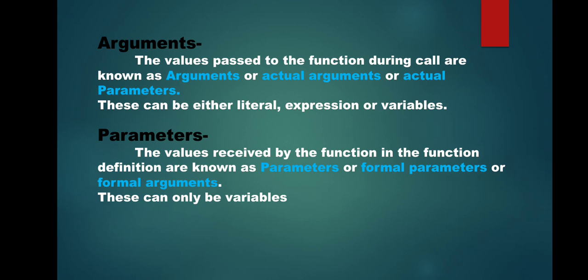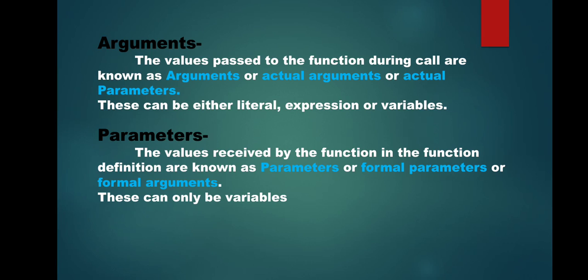So let us start. First of all, when we talk about arguments, argument is the terminology that is used for the values or the variables that are written in the function calling statement. That means when we are writing the calling statement, the values that we write within the parenthesis of the function are known as arguments or actual parameters, right? But the variables that we write in the parenthesis of the function definition are known as parameters